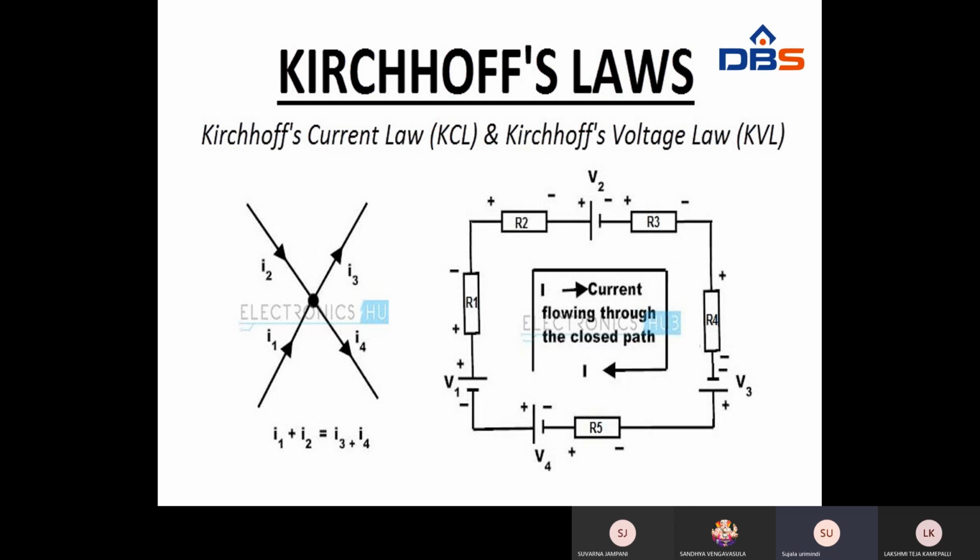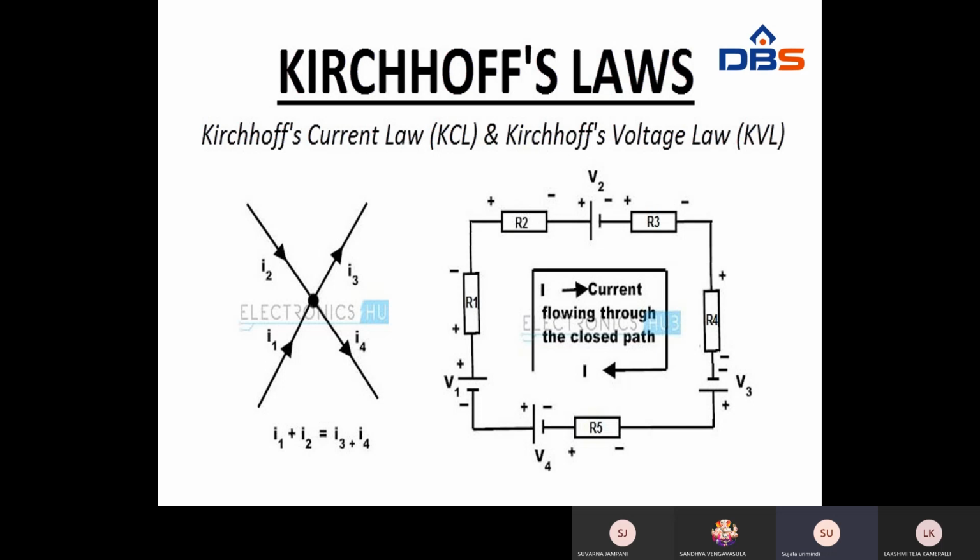But from the resistance point of view, the polarity depends upon the direction of the current, so we have to assume the polarities. Whatever is entering, you put as positive, and whatever is leaving, you put as negative. A circuit is a combination of both active and passive elements. Active elements are the voltage sources V1, V2, V3, V4. The resistors R1, R2, R3, R4 and R5 are the passive elements. The total combination is the circuit.